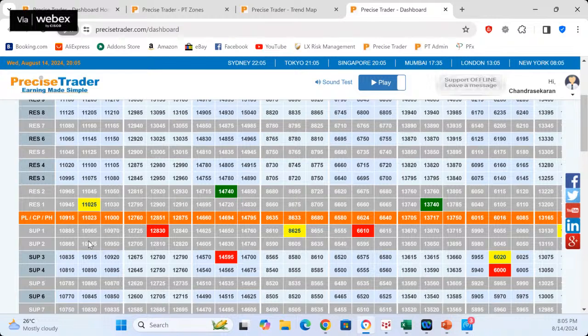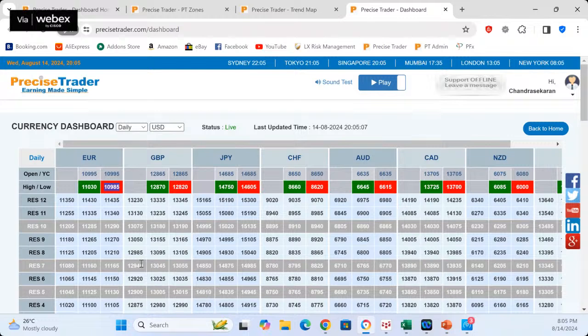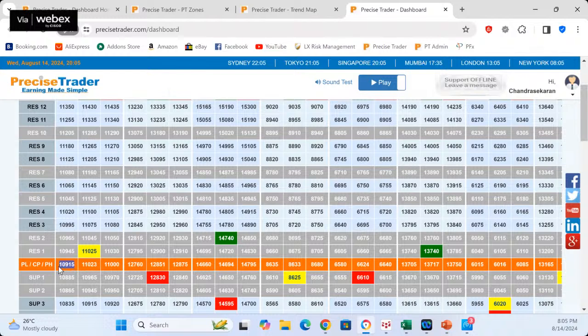You need to ask yourself which side you belong to. Now the first thing is, today's low is 10985, and yesterday's low is 10915, and we have strong support at 10945 and 10965. So now, since today is going to be news trading, I'm going to tell you how it's done and how we are going to do it.